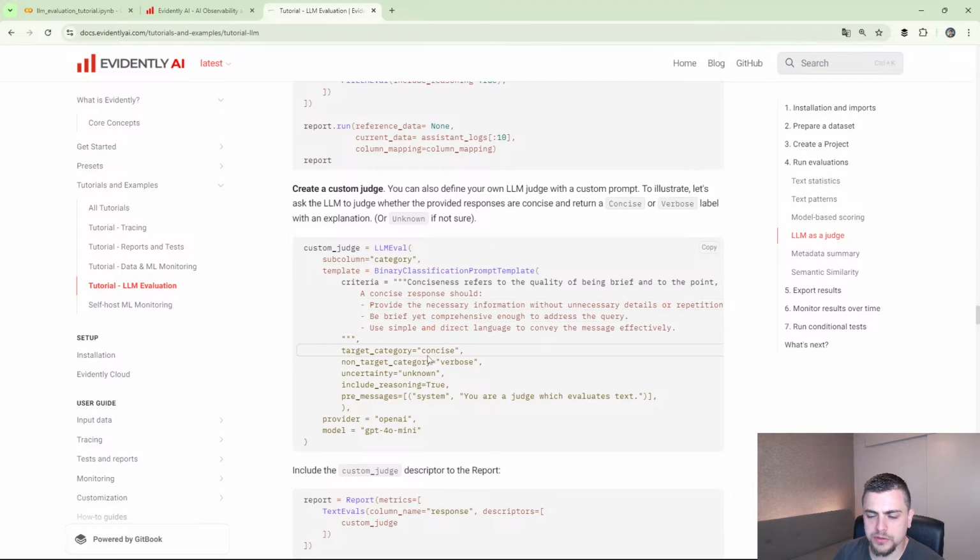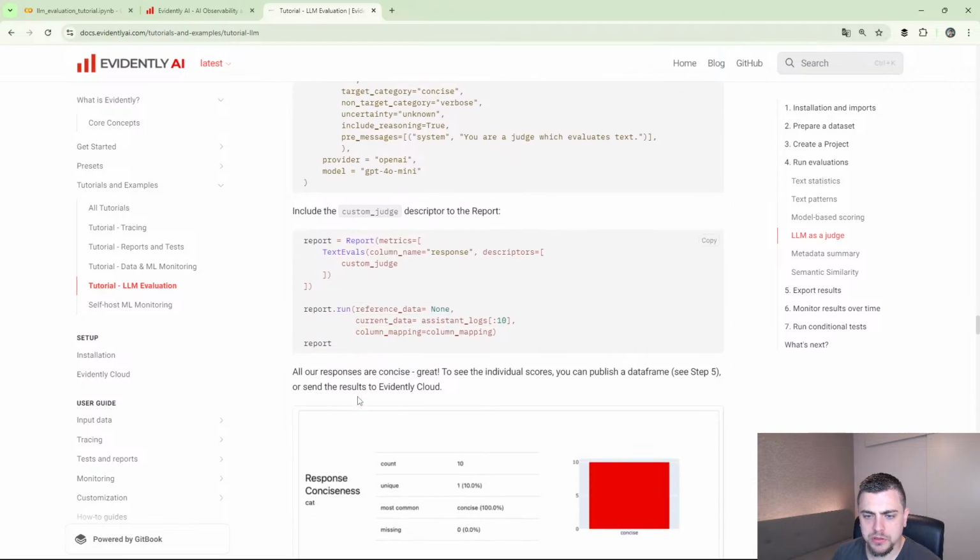Target category is concise, non-target category is verbose, so the true value will be the concise response and the false category will be the verbose. Uncertainty is unknown. Okay, include reasoning: true, please. Pre-message, which is a system message to the OpenAI GPT-4o mini: you're a judge which evaluates texts. Yes. Provide the OpenAI model GPT-4o mini,